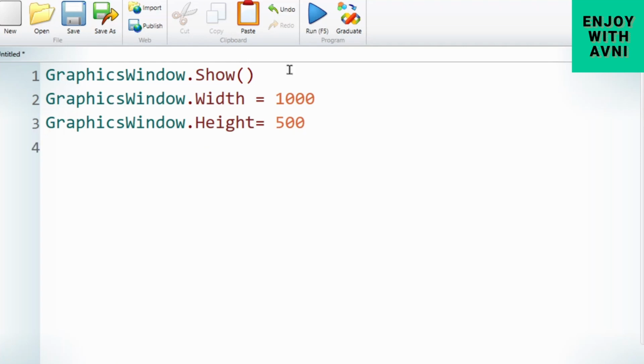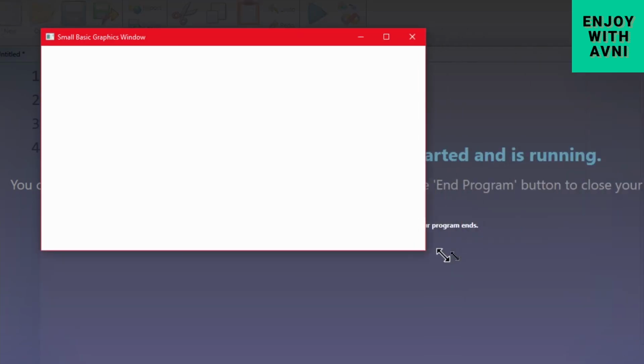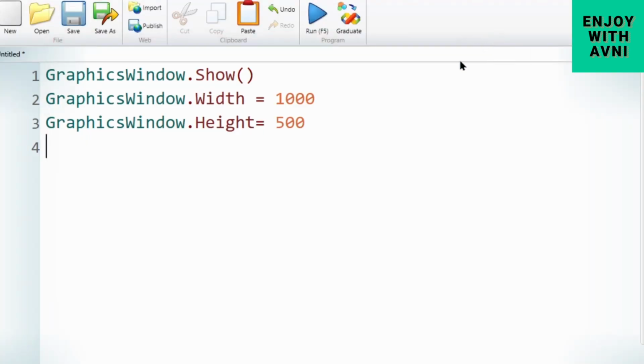Now let's run it first. See, now we can resize it by this arrow, but I want the fixed height and width, 1000 and 500.